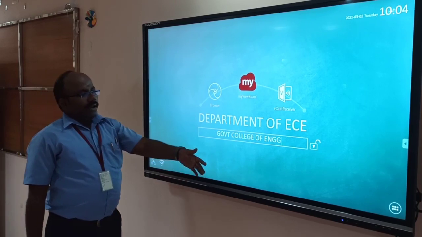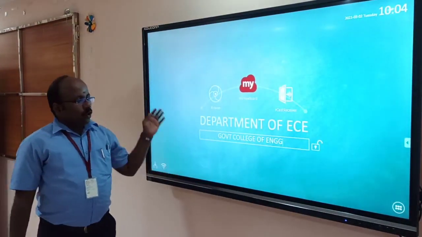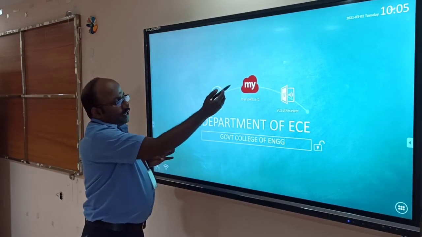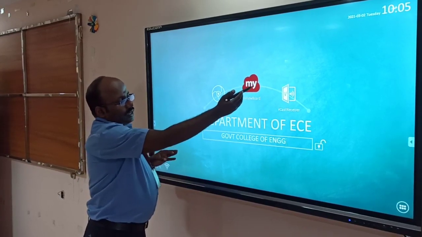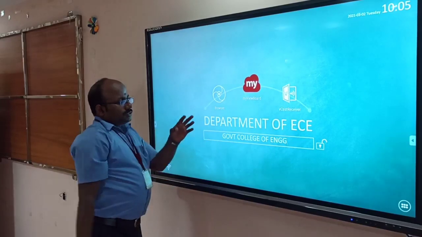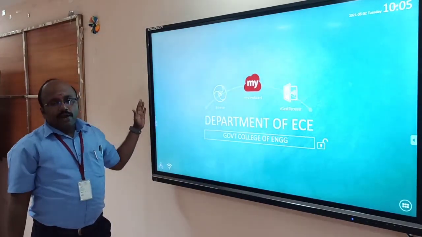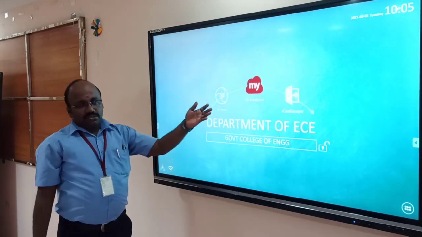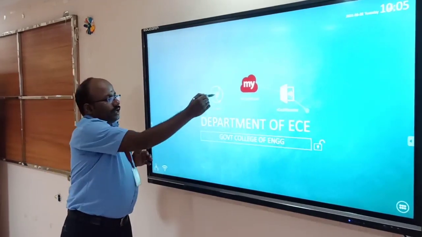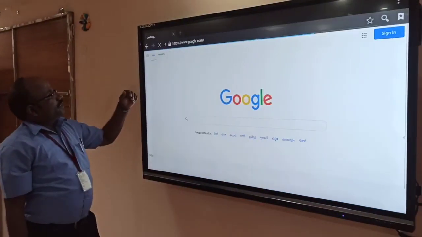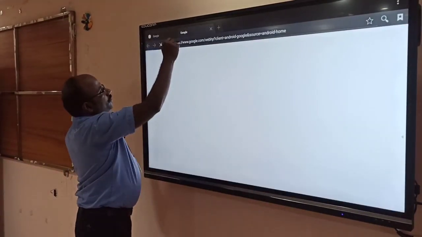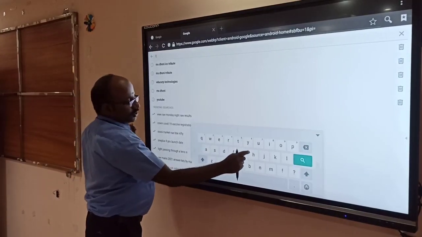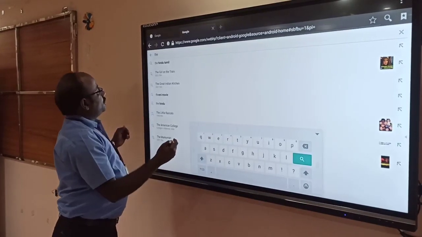As soon as I turn on my LCD interactive panel, this is my home screen. We can see the important things in the home screen are a browser, my view board, and Vcache receiver. This browser, we know, has an Android OS installed inside it. So it's just like we can browse any websites using this. It is both hand sensitive as well as pen sensitive.